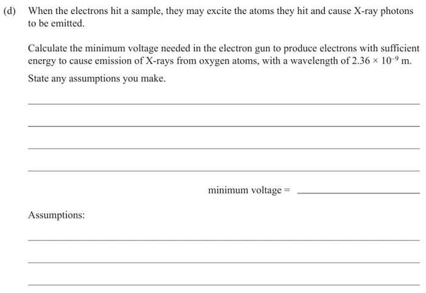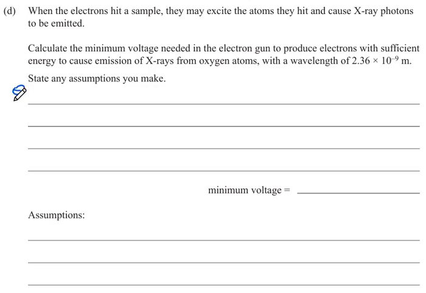So this is question 2D from the 2010 paper. You can pause the video to read the question. So when the electrons hit a sample, they may excite the atoms they hit and cause X-ray photons to be emitted. This part is tightly related with the model of the atoms, and the process of this is the electrons,